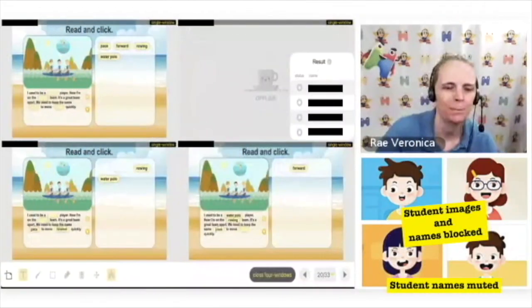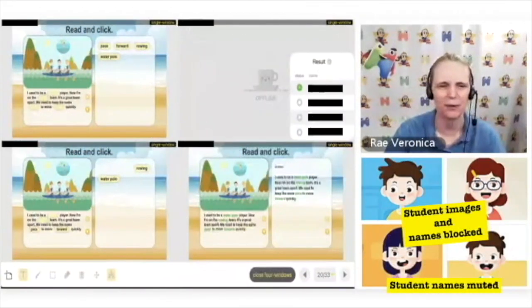Wait. Did you know that you can usually see if a student is logged into the classroom by using 4 windows? When the student is not logged in, the student view will look something like this. Oh, we lost again. She's having trouble with her internet. Keep in mind that an immediate response may not always be possible. Some students may need time to think about an answer to a question, or translate it in their head from English to Chinese, and then back, right? Or recall a certain word in English.